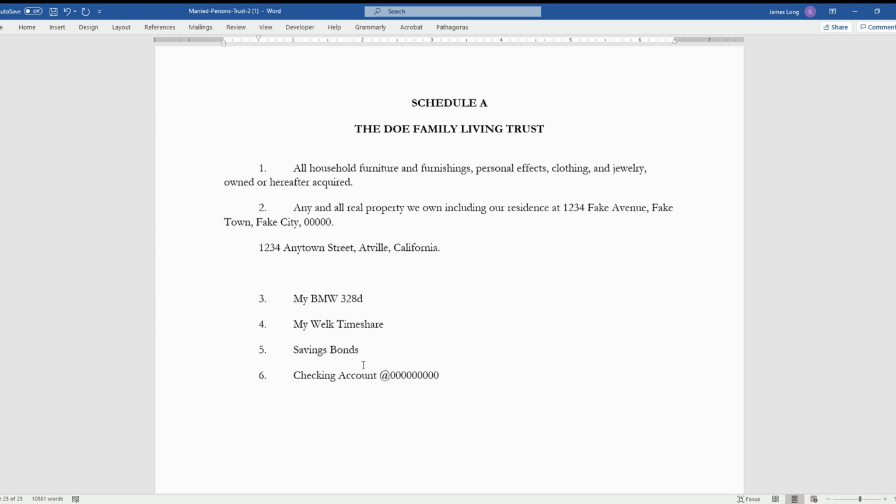And the more specific you can be, the better. So you can put Wells Fargo checking account with the checking account number. And then savings bonds, you want to do E100, blah, blah, blah, whatever the series are, right? And you put the serial numbers down so that the person can know. You own stocks. Maybe you own stocks. Just put my stocks, 100 shares of Apple,